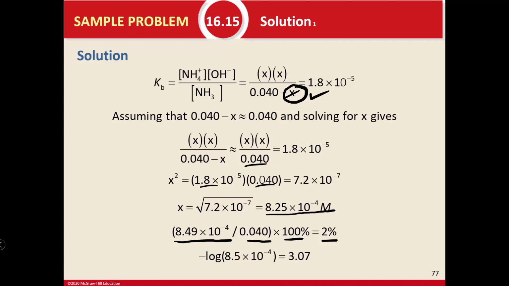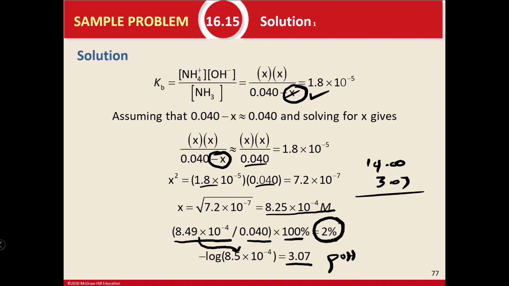Okay? So if this number is less than 5, by making this approximation that this X is negligible, then we're fine. And if this is less than 5, then I'm going to take the hydroxide ion concentration, plug it in here, and what do I have here? If you said pH, you're incorrect. We took the negative log of the hydroxide ion concentration. This is the pOH. Now, to get the pH, you would say 14.00 minus 3.07, and that would leave you 11, oops, no, that's not going to work,